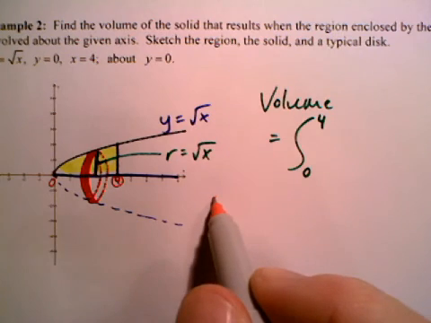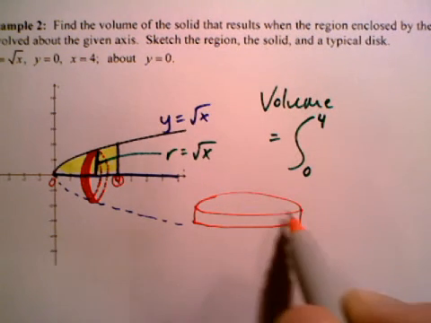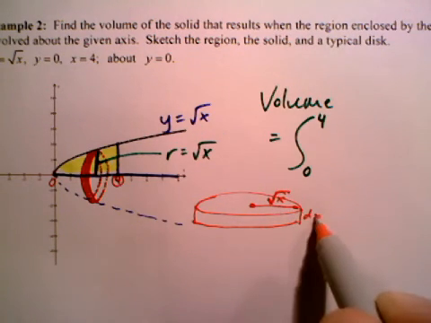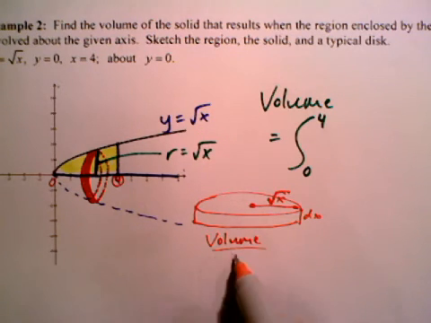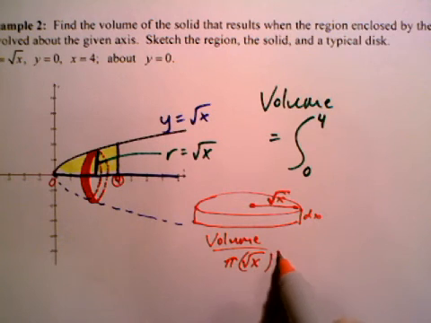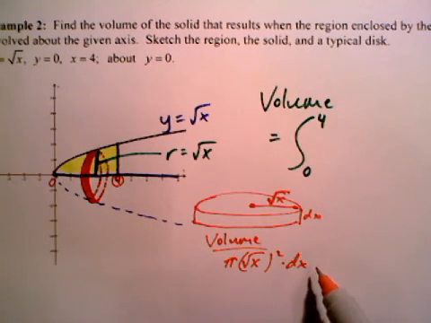I'm going to try to do that in orange from now on. One disk. Sometimes it's easier for people to see. For this disk, radical x is the radius, dx is the height, and so the volume of one disk is pi times the radius squared multiplied by the height. So the area of the base multiplied by the height gives us the volume of the disk, and therefore